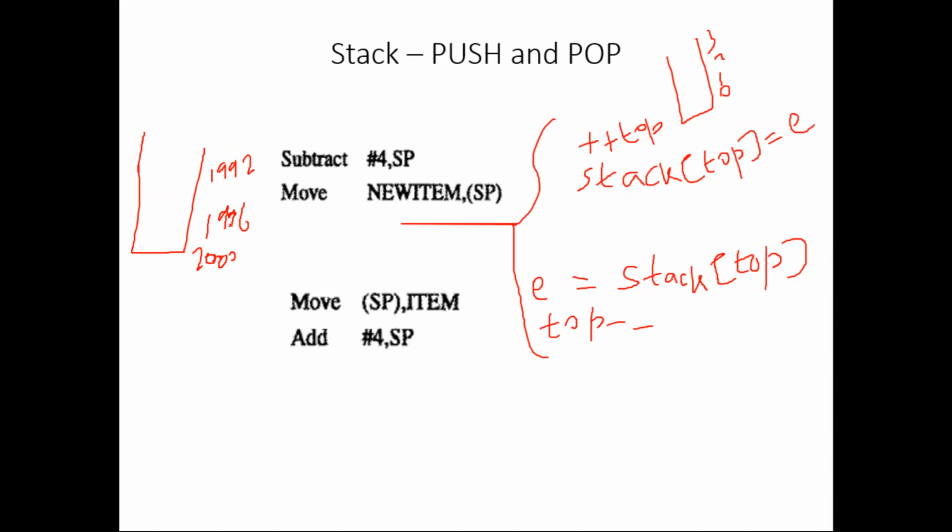So whenever you push, it is going this way, but the address is decreasing. So before pushing, we subtract 4 from SP, and then we move the item to where SP points. Similarly, while popping, wherever SP points, that item we pop, but after that the item is removed from the stack, so the stack pointer should now point here. If the item in 1996 is popped, then after moving the item out of the stack to a variable or memory location, we add 4 to SP. So this is the logic here.